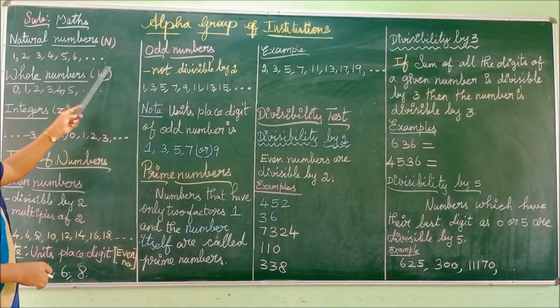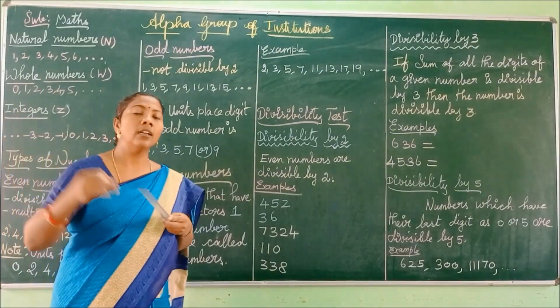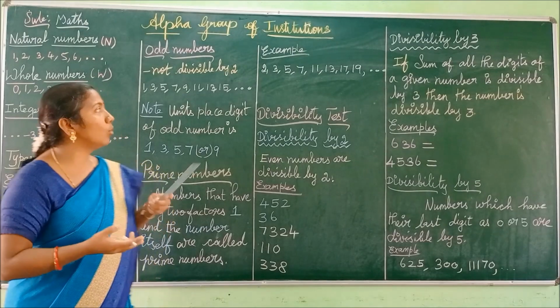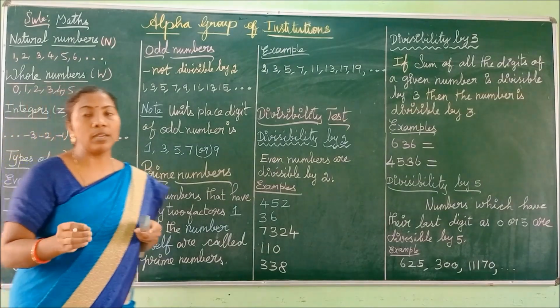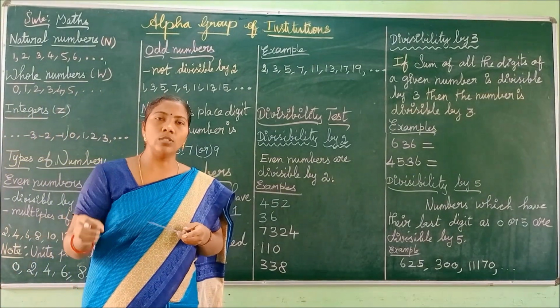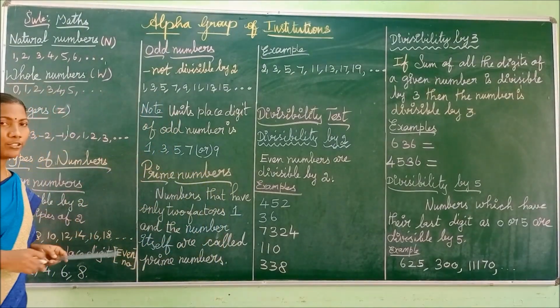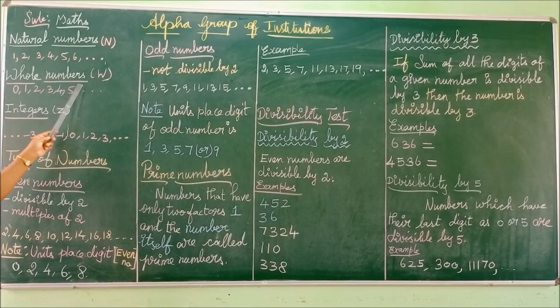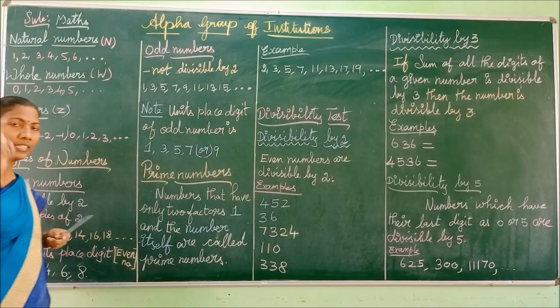So in this natural number system, we may have 10, 100, 1000, lakh, crores, like that. But we don't have the number 0 in front of 1. So the natural number system did not have the number 0. Though it has 10, 100, 1000, it did not have the number 0 alone. So if you add 0 with these natural numbers, you get whole numbers. So what is the symbol for whole numbers? Capital W. So natural numbers and whole numbers, the only difference is in the whole numbers we have the number 0 in front of 1. So 0, 1, 2, 3, 4, 5 etc. are said to be